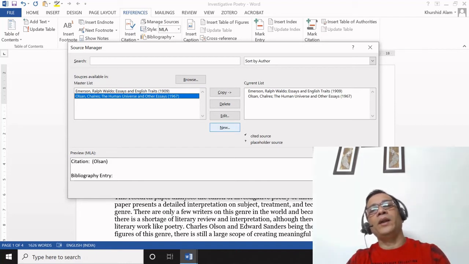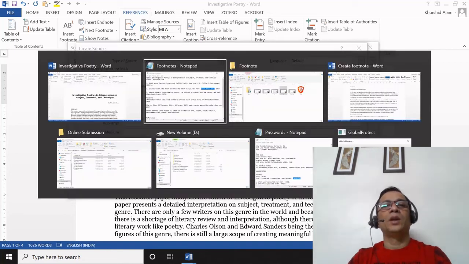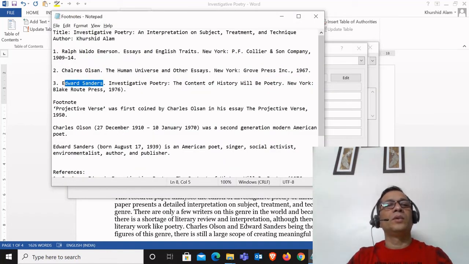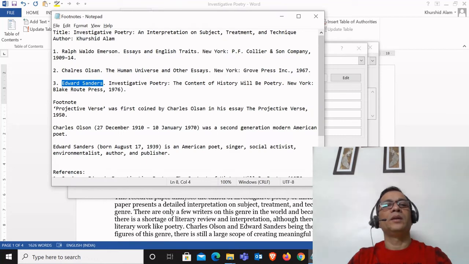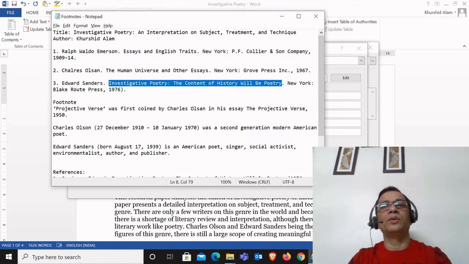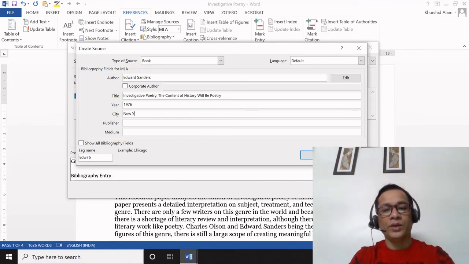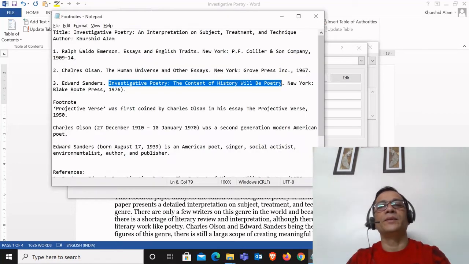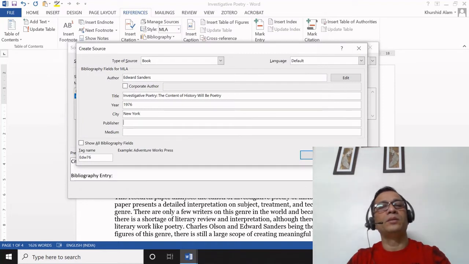Now I will add one more citation. Click New and then write the name of the author, then the title of the book, then year, that is 1976, then the name of the city, that is New York once again, and then the name of the publisher, that is Blake Rote Press.